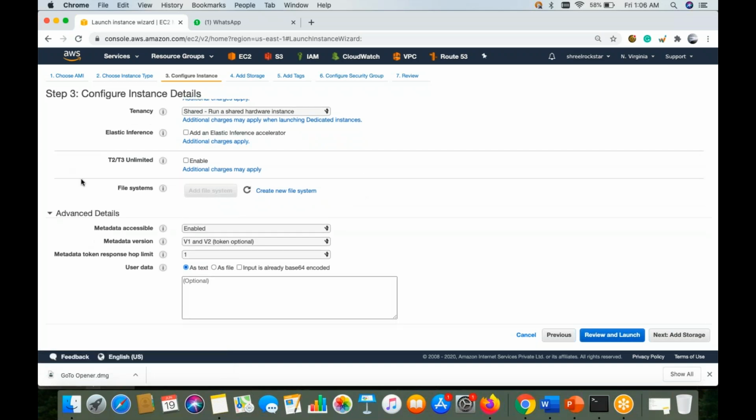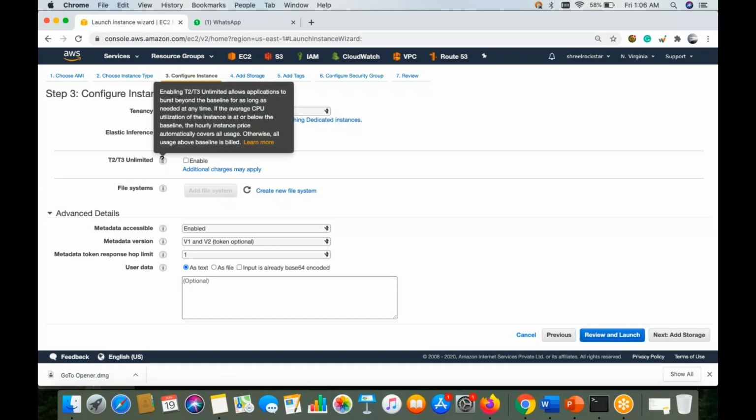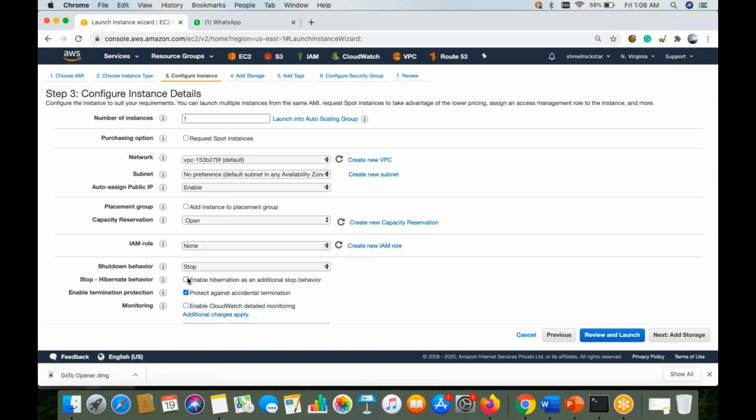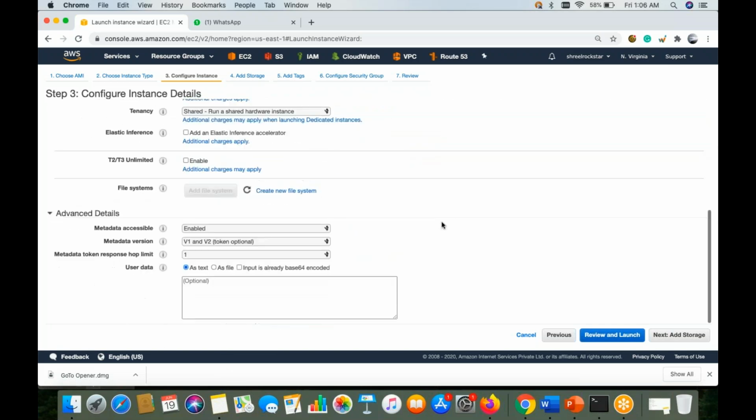T2 and T3 Unlimited is a CPU option we are getting, and it is only applicable, guys, for T series instances, because we are using T2 micro here. That is why we got this option. Again, it is additionally chargeable, but it is a very good option. You can enable this, and if your CPU bursts beyond 100%, your CPU is not able to respond, your services can be disrupted, and users can feel the stuck situation. In that case, you have a good option available.